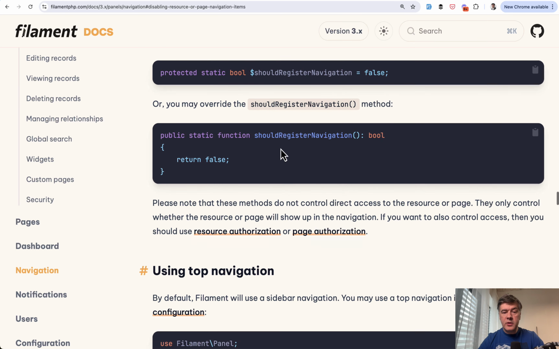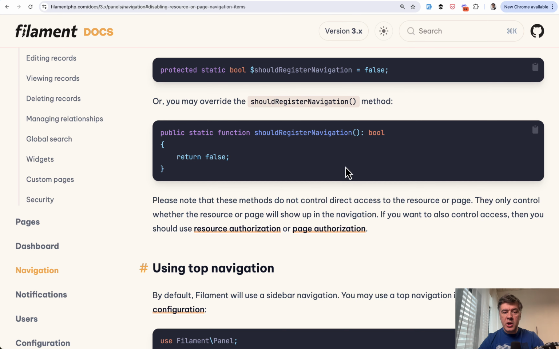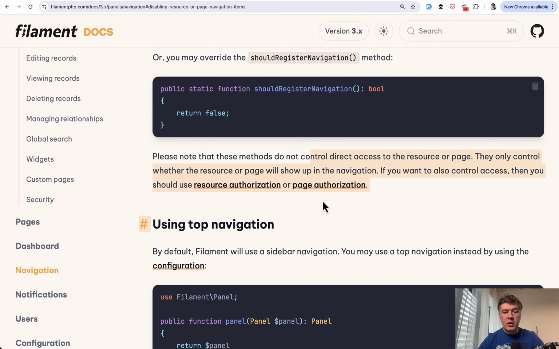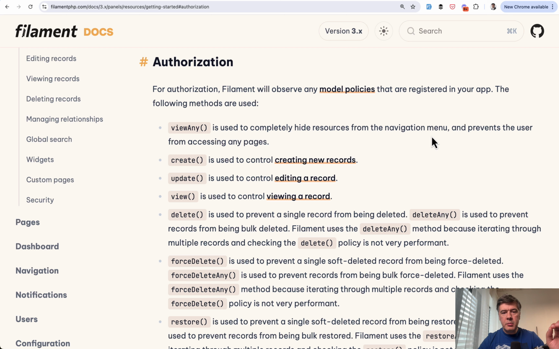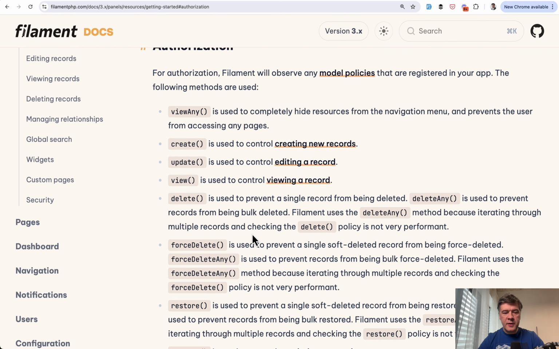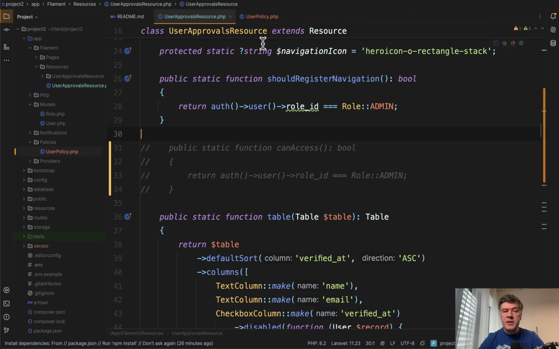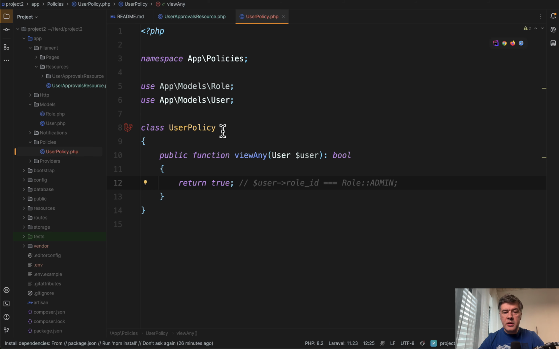On the same page of the documentation where shouldRegisterNavigation is mentioned, this paragraph is very important. For restricting the access, you should use resource authorization or page authorization. If we go to those pages, for example, resource authorization mentions model policies as a standard way to protect the access with these methods mentioned. But if you want to just hide the main menu item, all you need to do in policy is to